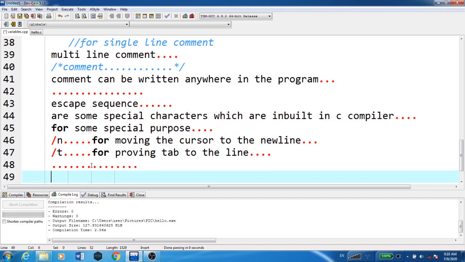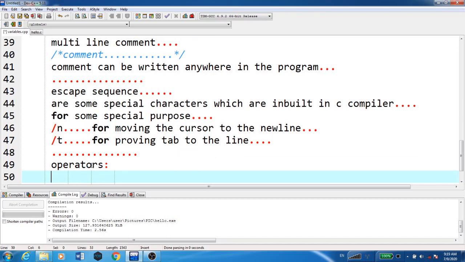Now we have seen about variables and comments. Now we will see how we are going to use different operators in C, that is, what is the purpose of operators. The name itself says that operators are used to perform some process.